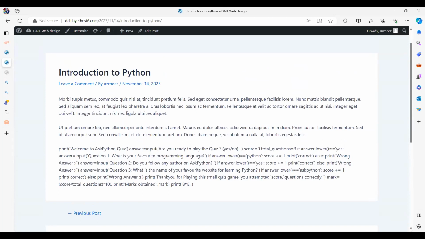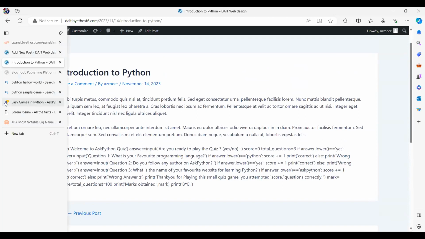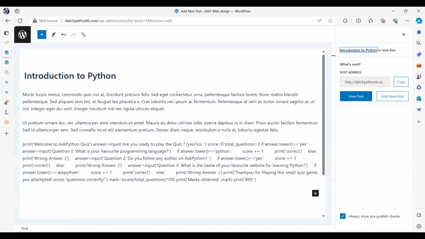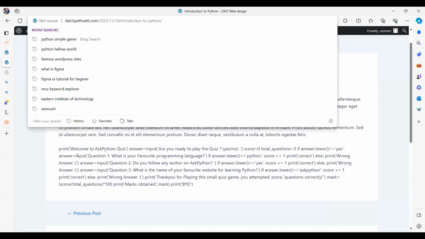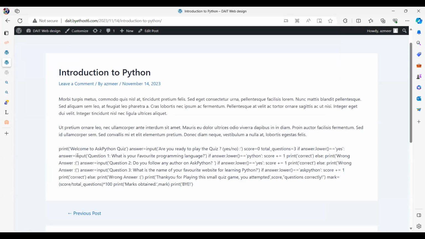Now, let me also add another article and come back to this, so then we can see how these things are getting connected. So I'm going to go back here and say, give me a new, oh, by the way, if you look at the URL, you see that 2023 11 14 introduction to Python. Right? Now I am organizing my article as year, month, and date in the URL. Sometimes you don't want it. You perhaps want a category or something like that, right? Or you just want the article name only, nothing else. So you can control everything.